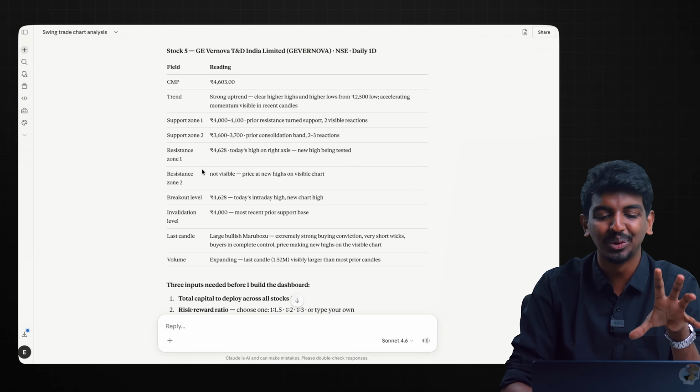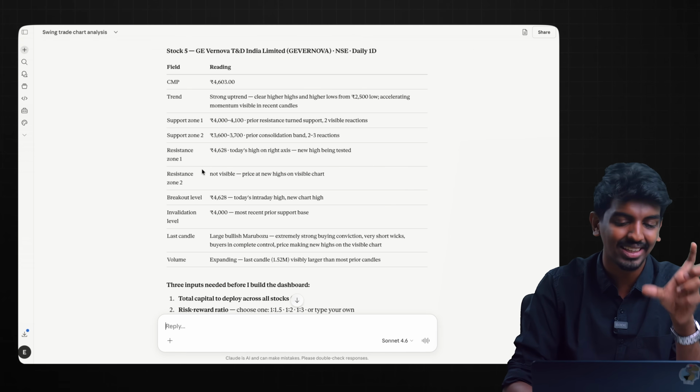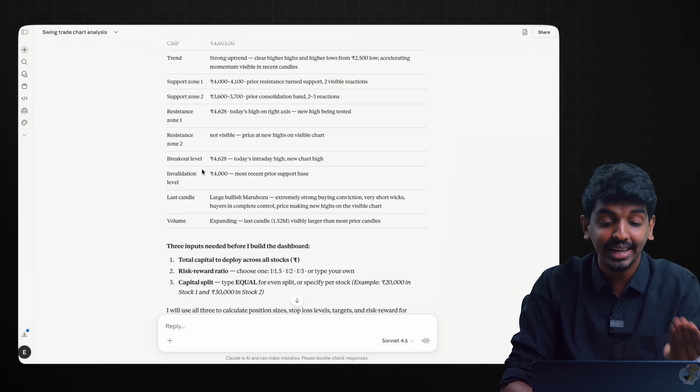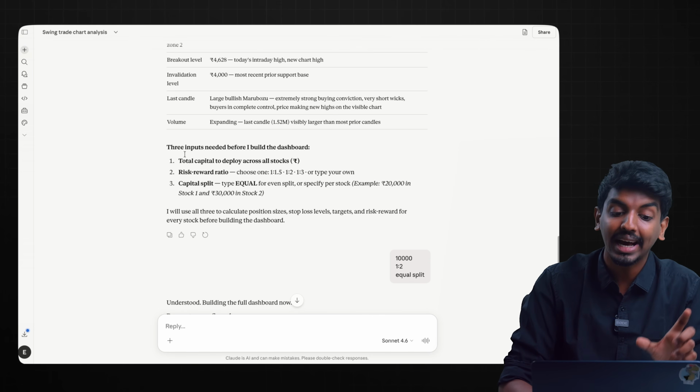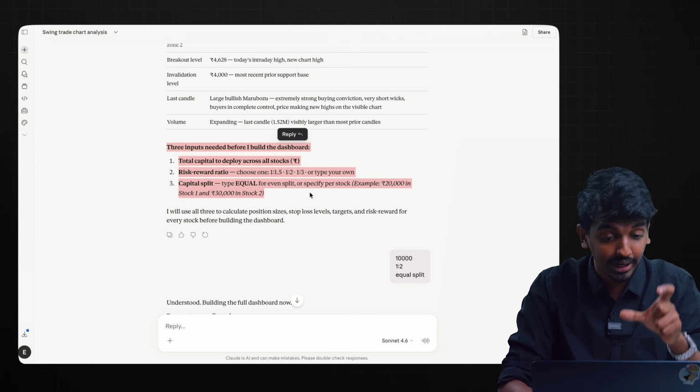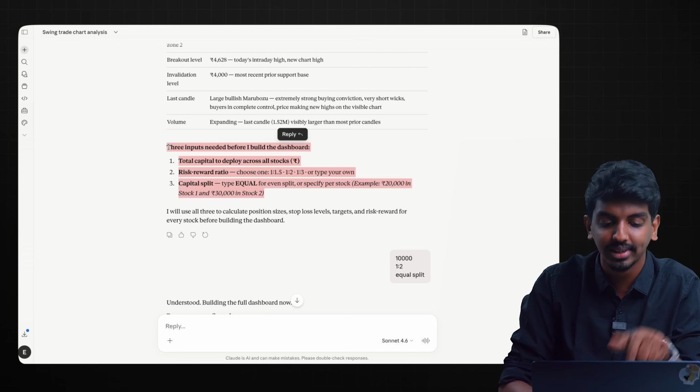Randomly, no merit into each of these stocks. Do not think that these are stock recommendations. These are learning recommendations for all of you. But at the end, it is very crucial that after reading the entire analysis, you come to this part, which is